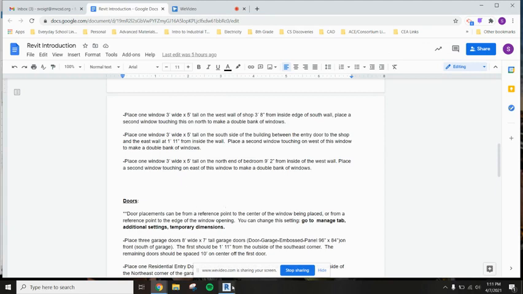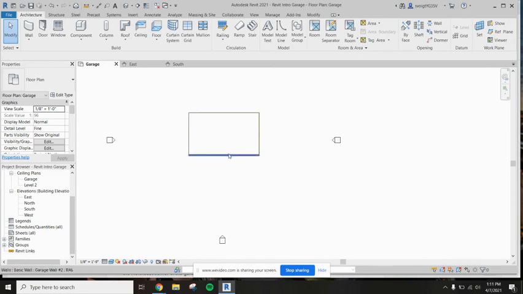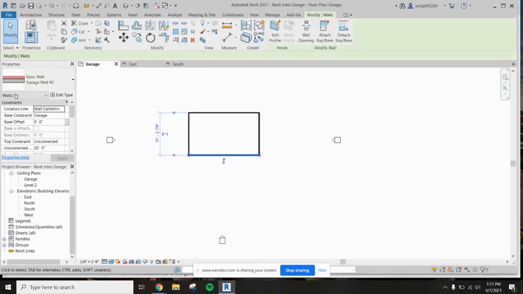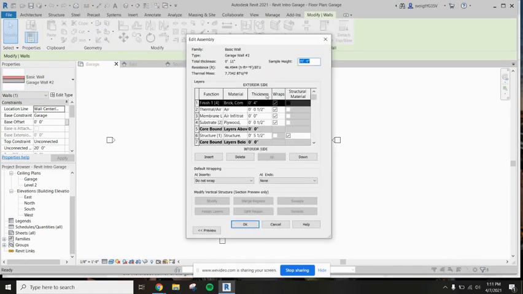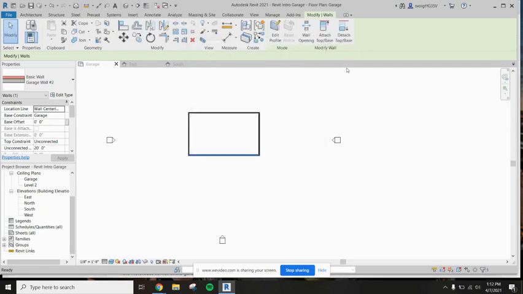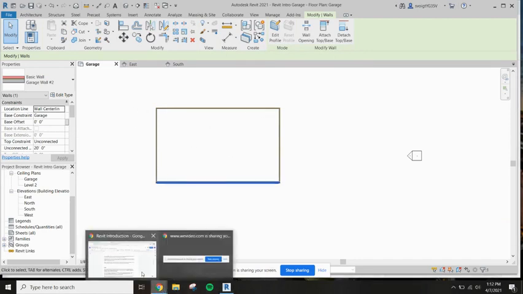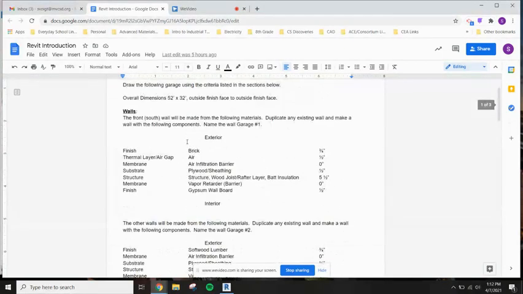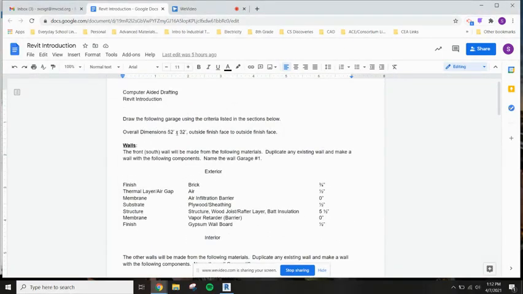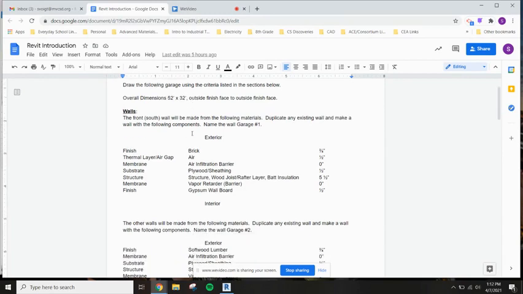In the first video, we talked about how to get these walls drawn, and we spent most of the time concentrating on this wall, how to make them have all the elements in them that we wanted. So what I want to make sure we can do now is manipulate these walls. I just drew these on here, but if you look at my document, the very first thing I want you to be able to do is make it 52 feet long by 32 feet wide,